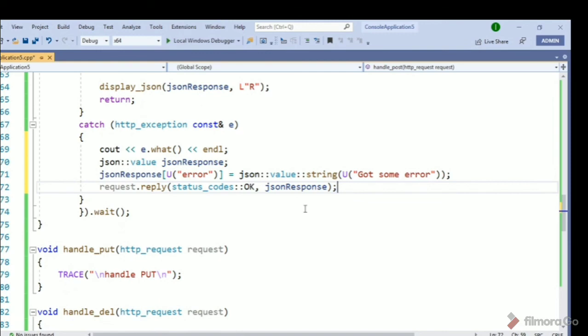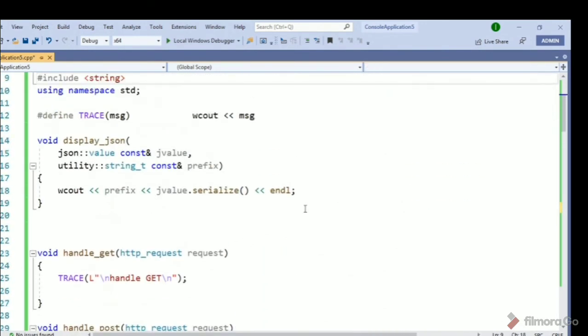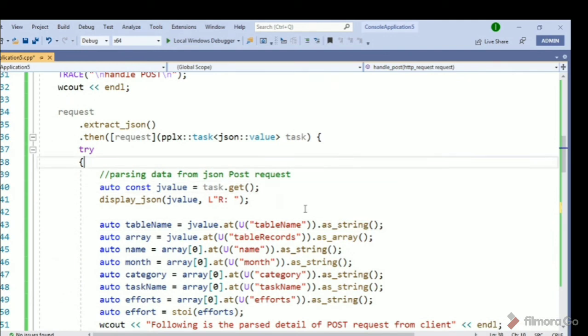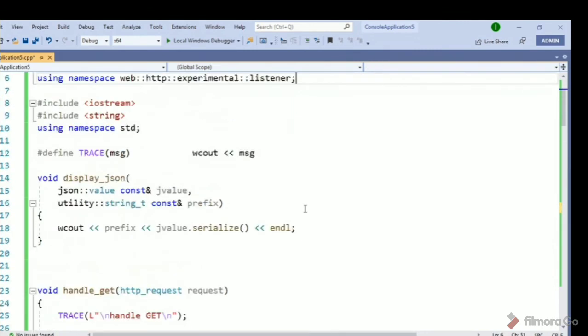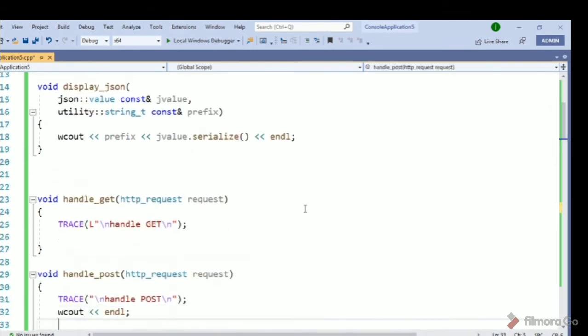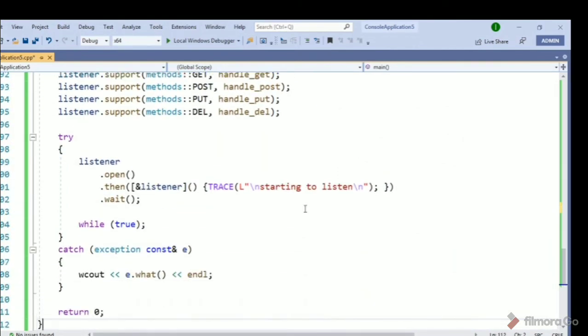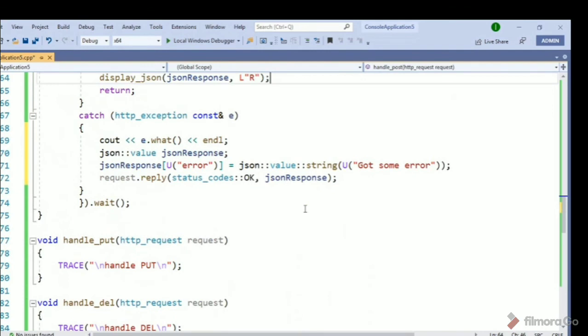So thanks guys, I think that's it. In my next lecture I will show you how you can use MySQL to store these values and fetch them via the handle get request. I will also explain how we can install those libraries and the client and Boost library, all of which are required for the C++ REST server. Thanks, bye till then.